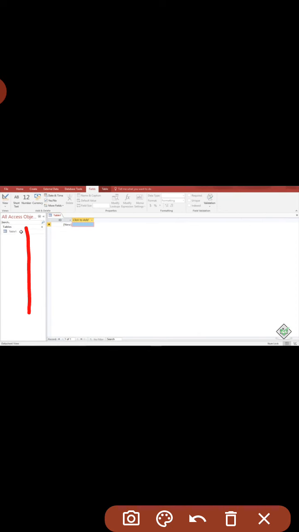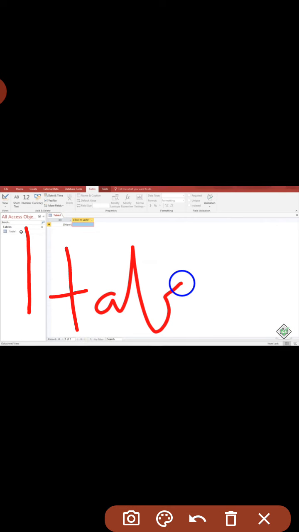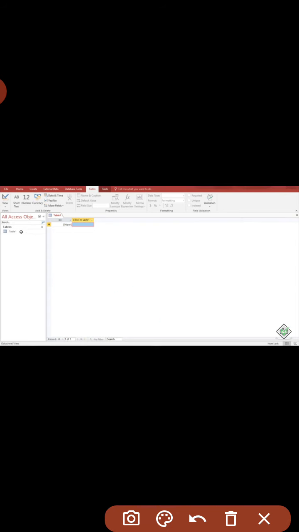That is, you can create tables, forms, queries, reports, etc. from here, from the navigation pane. Now from here we have to select the option tables. I'll click on the table option. As we click on the table option, a blank table will appear on the screen.